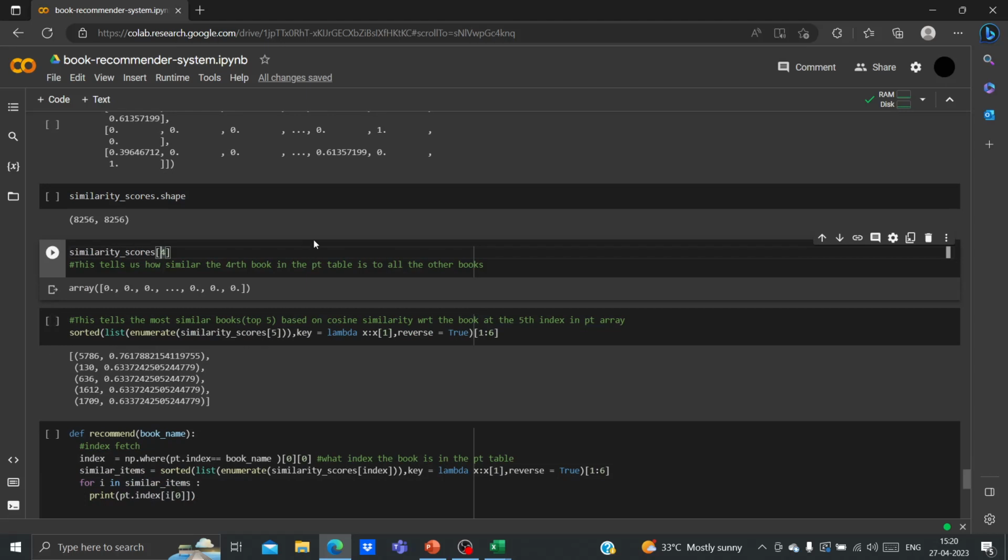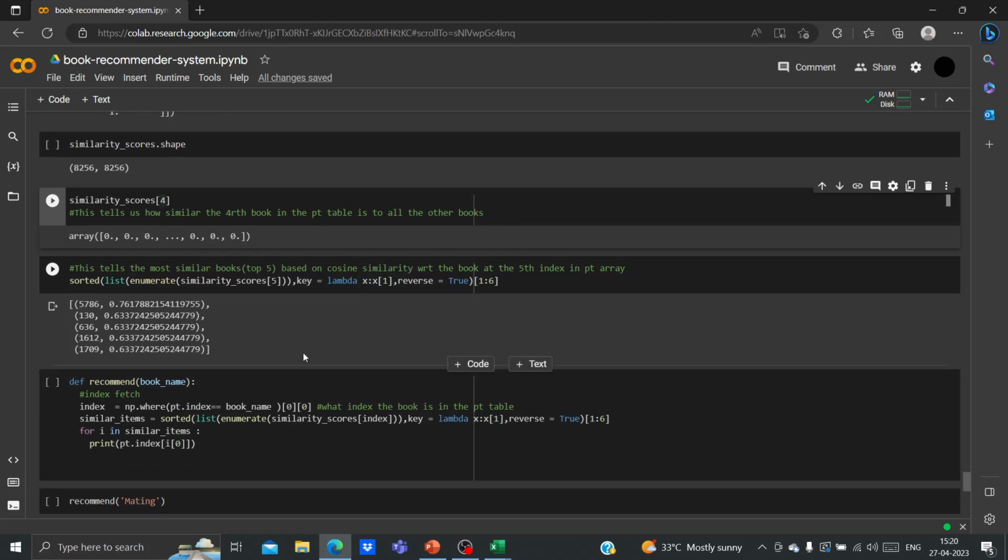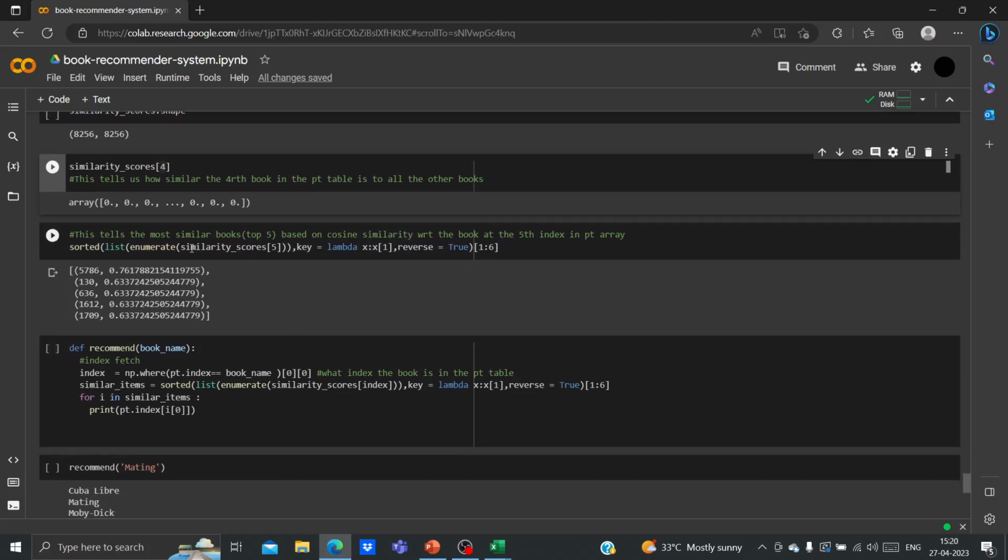So I hope you guys understood how to use cosine similarity. It's very easy to implement in your code. You just have to import it and call it, and you can use it. Now this code is just going to tell you the most similar books, that is the top five books based on cosine similarity with respect to the book at the fifth index in the PT array. The reason why I've used 1 to 6 over here is because